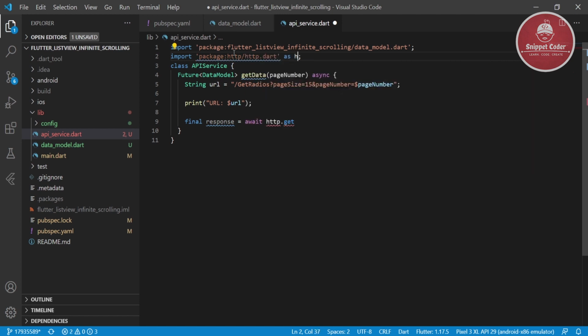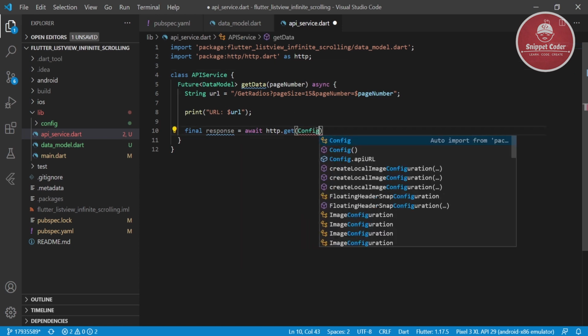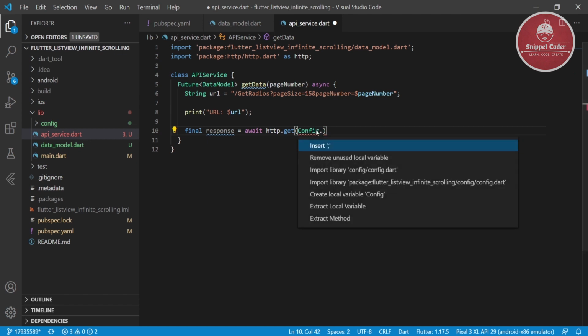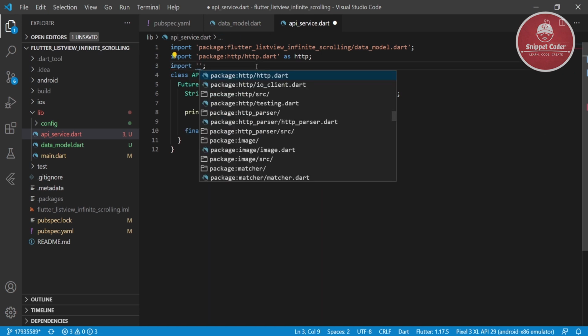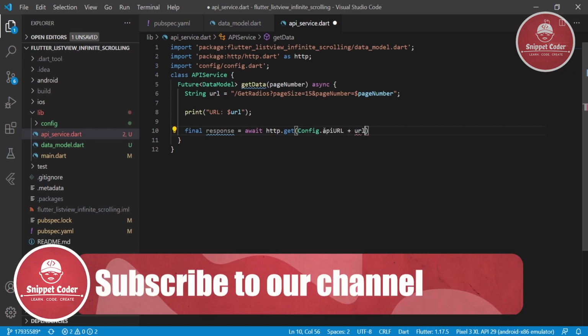We make it as http. In the get we will pass Config.apiURL plus the URL.